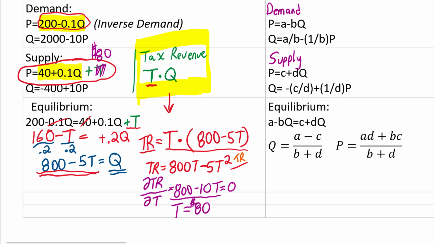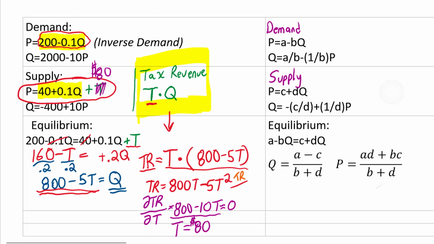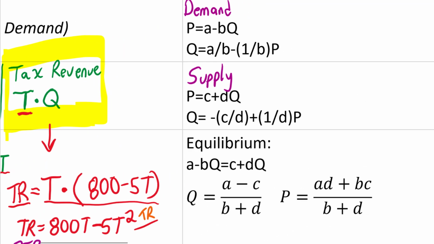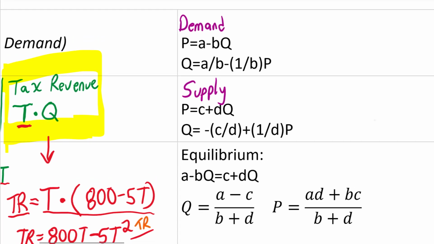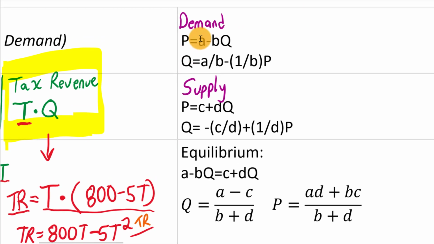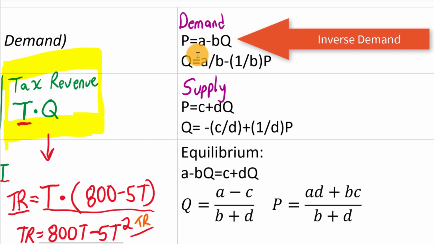All right, so now is the interesting thing that I really want to get to. This is the oddly satisfying part. What happens if instead of looking at just one particular example of a linear demand and one particular example of a linear supply, what if we were to say, well, in general, we could have a demand curve that looks like P equals A, the y-intercept, minus B, the slope, times Q.